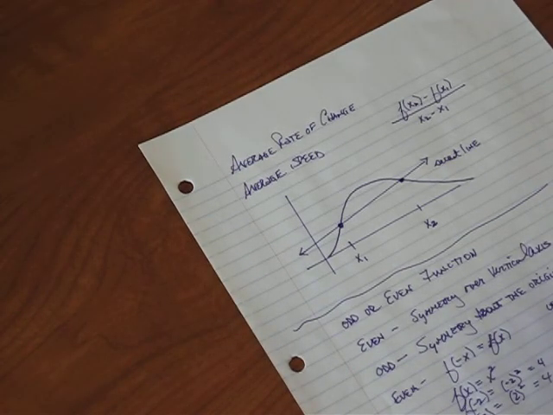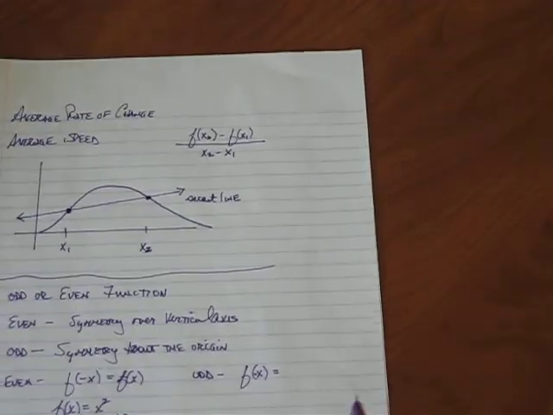Well, for it to be odd, there's also an algebraic test. An odd function says this: if I plug in a negative value, a negative domain member, into that odd function, I'm going to get exactly the same